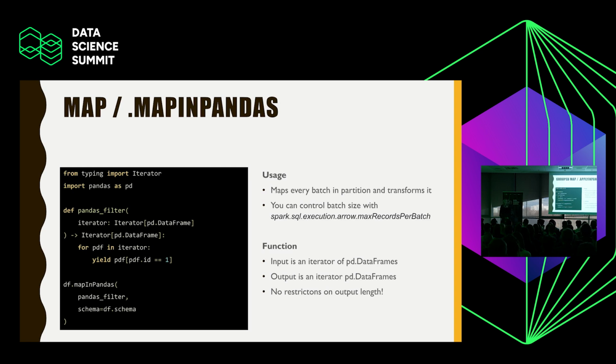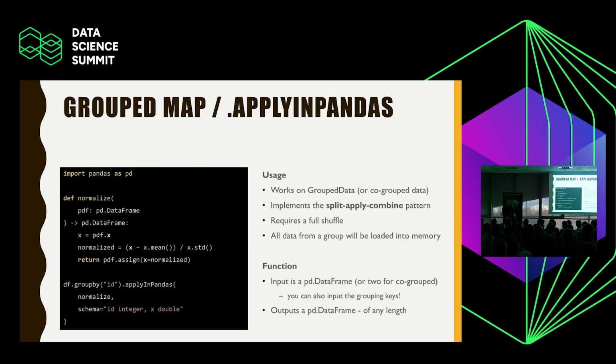Another type is grouped map, which this time, not so conveniently named, we use with apply in Pandas. So let's have a look. This time it's like the familiar split, apply, and combine way of working with your code. So you use this on grouped data, and then each group